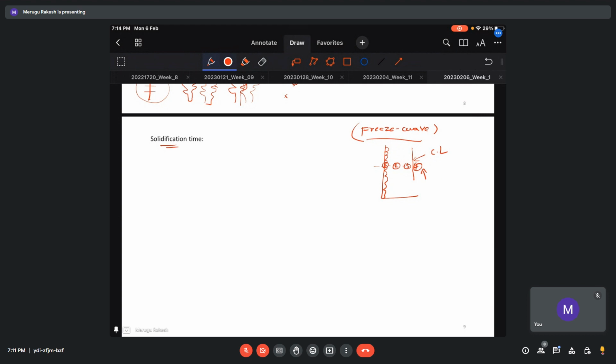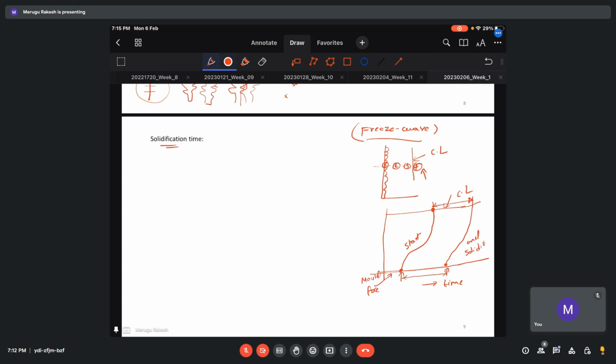Yes. So if you see these ranges, this is the mold phase, assuming this is the mold, and this is the center line. This is the start of solidification, and this is the end of the solidification. This is time. So this is the mold surface. Initially it was here, and finally it was here. This is the solidification time for the grains that are near the mold surface, and this is the solidification time for the